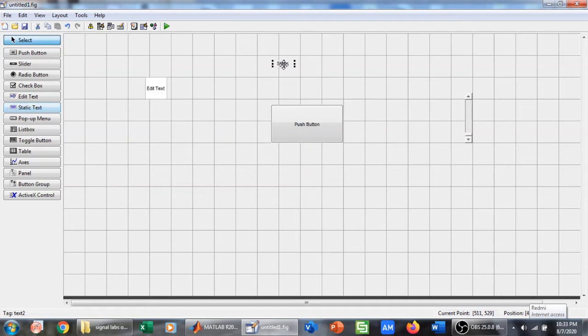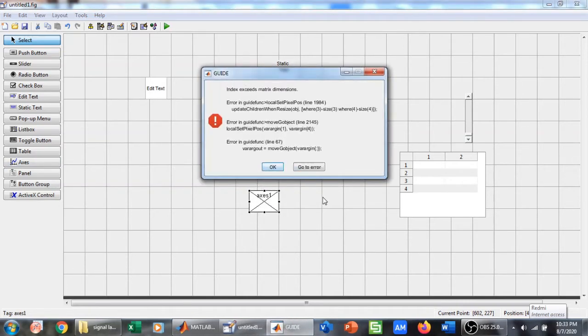Similarly, static text, pop-up menu, list box, etc. Table, an Excel type table, if I want to drag and drop, I can do that as well. For plotting, I can drag and drop axis. So I can drag and drop all these things from the left side onto my canvas and I can increase its size.